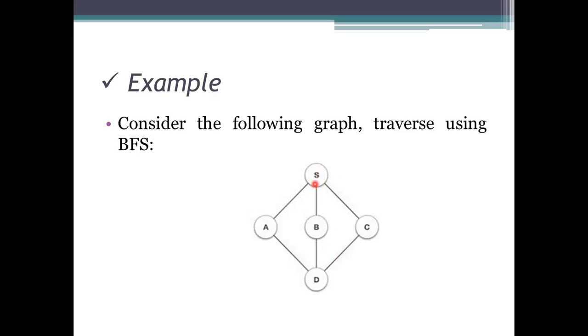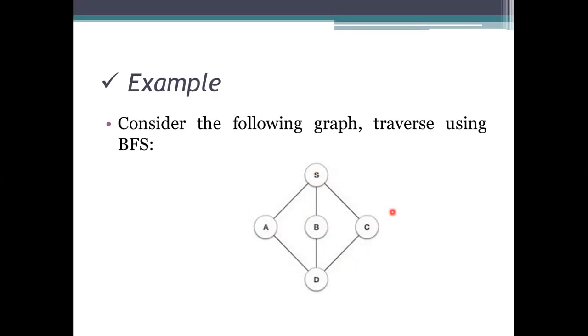And we will start with the root node, or the first initial node. The initial node is taken as S here. It has 3 adjacent nodes, which are connected as A, B, C in this format. And these 3 nodes have the same adjacent node, which is D. I took a simple example for processing.